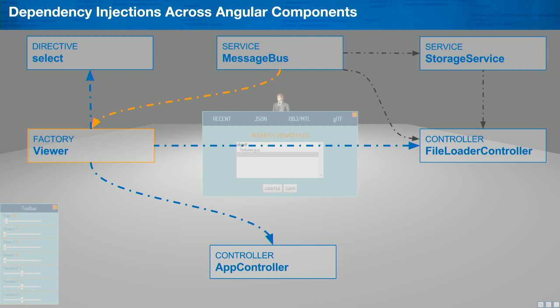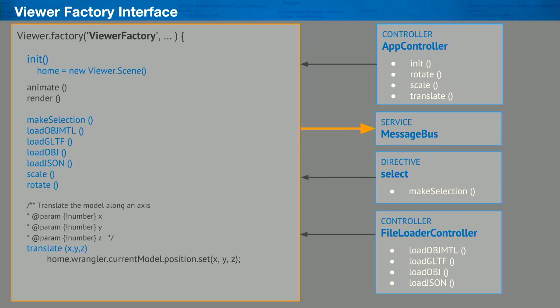Notice also there's only one Angular component injected into the factory. That's the message bus. That's because when something happens in this 3D environment, you need a way to communicate that reaction back out to the UI UX layer. And so in this case, when something happens, say you select something, it'll trigger an object selected event, push it back up to the Angular layer. The message bus will broadcast some root scope, so then subsequently any downstream scoped variables can actually execute upon that select or that initialization.